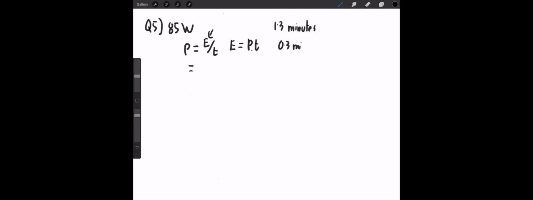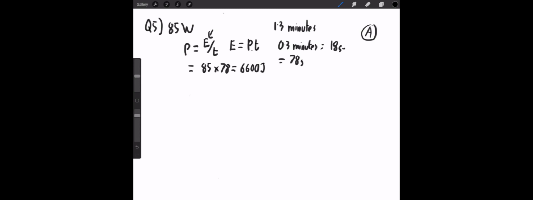0.3 minutes will equal 18 seconds. You can do this in your head or work it out. Well, basically 0.1 minute would be 6 seconds, times that by 3 gets you 18. So that gives us 78 seconds in total, because it's 1.3 minutes, so 60 plus 18 gives us 78, and then multiply that by our power, so 85 times 78, and that gives us 6,600 joules. So the answer is